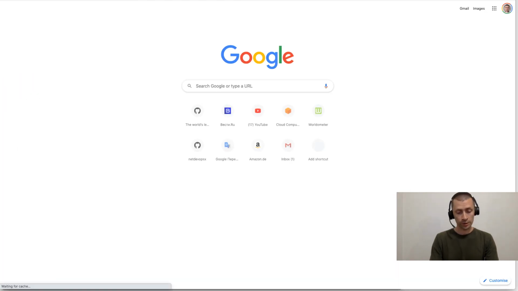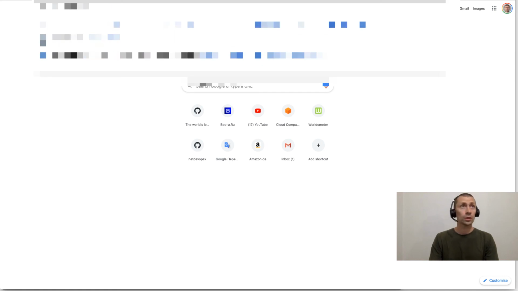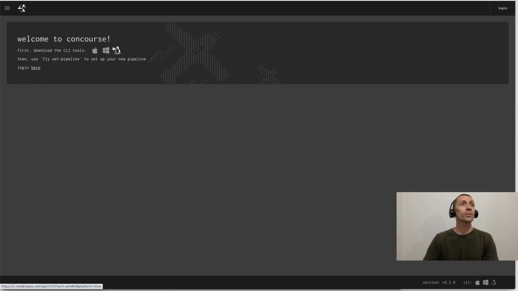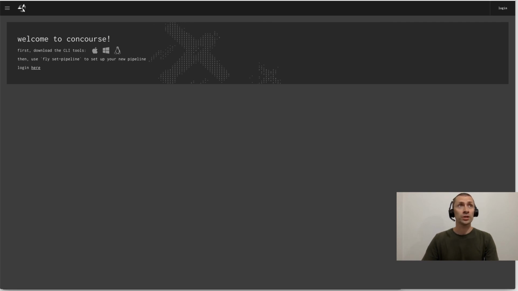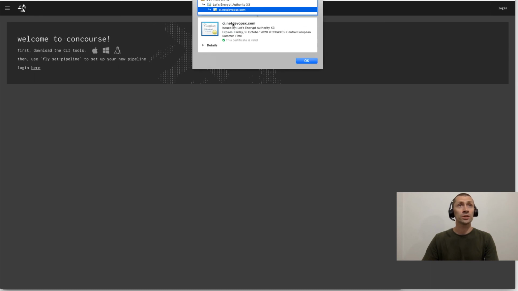And now, if you type here ci.netdevops.com, ta-da! Cool. So we were forwarded automatically to our Kubernetes application, and if you check the certificate, you will see the path.